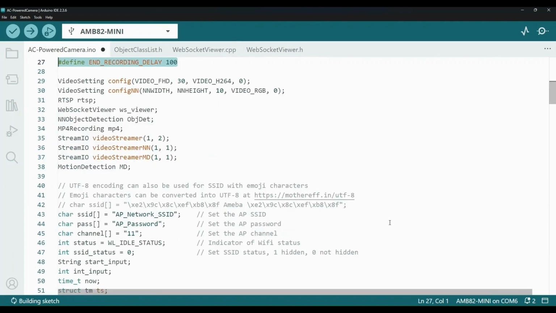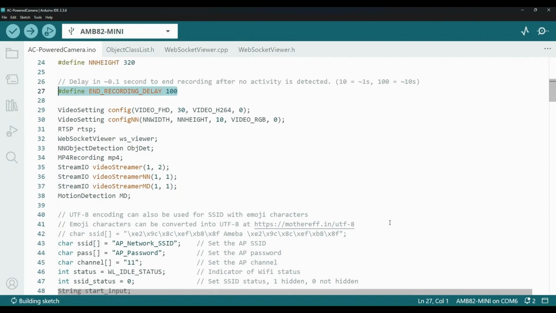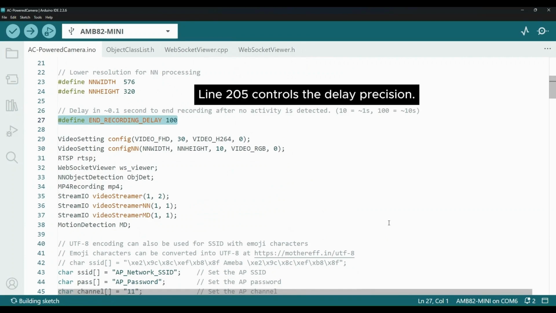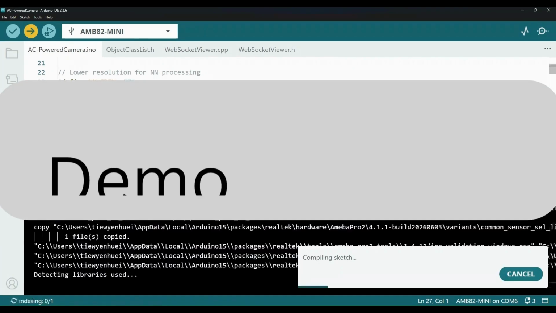Finally, to minimize video file fragmentation, we have added a delay to stop recording only after a short period of inactivity in the scene. You may either change this define or the delay in line 205 for greater precision. Now for a demonstration,